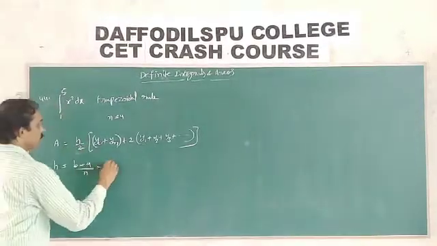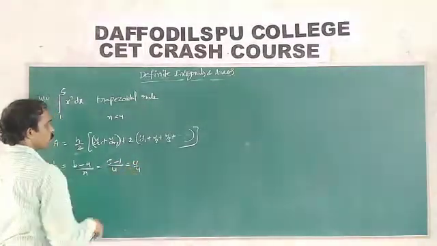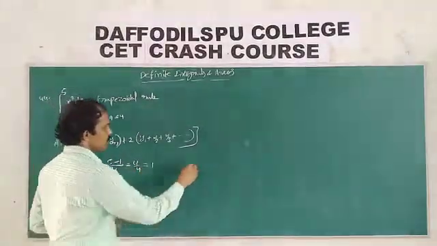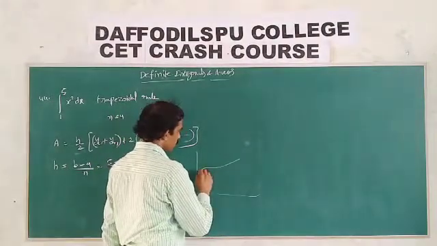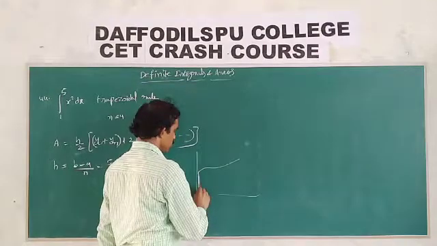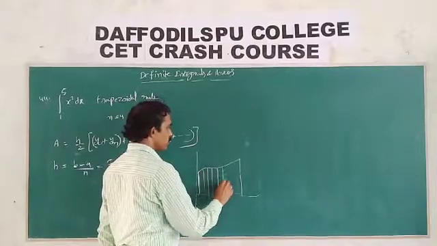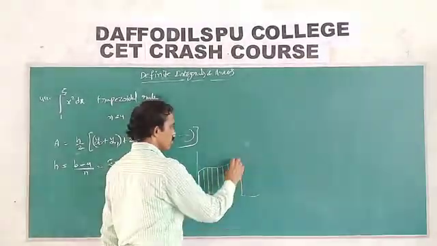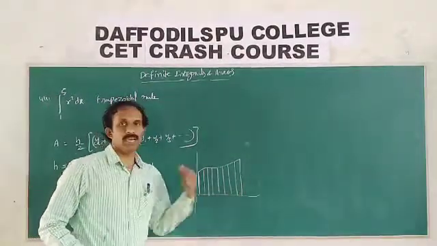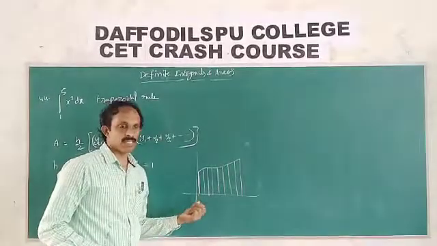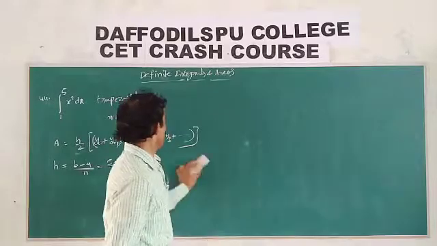So what is b here? 5. 5 minus 1 by n, the value given is 4. 4 by 4 is equal to 1. Okay. So we find out by using the definite integration. So like this, the area is split into thin strips. So using this concept, the width of the strip will be h. So the sum of all the strip areas gives us the area. So that is nothing but a limiting sum.